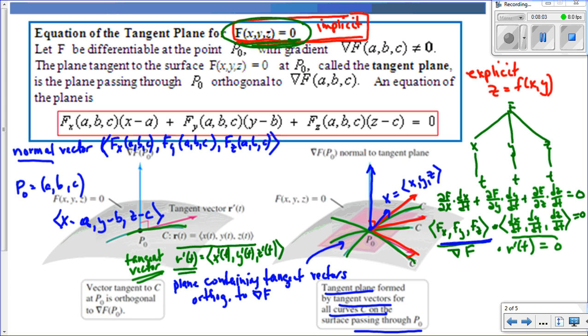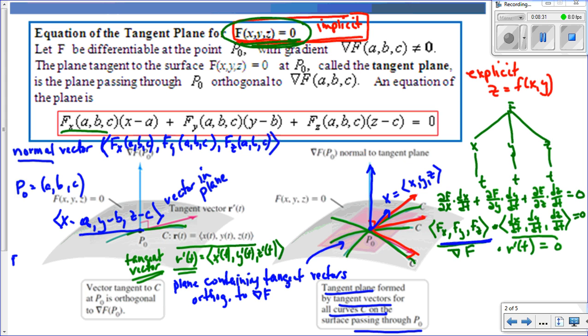That's a vector in the plane because the plane passes through the point P naught (a, b, c) and x is just a point on the plane. And we know that any vector in the plane must be orthogonal to the gradient. So we'll have that